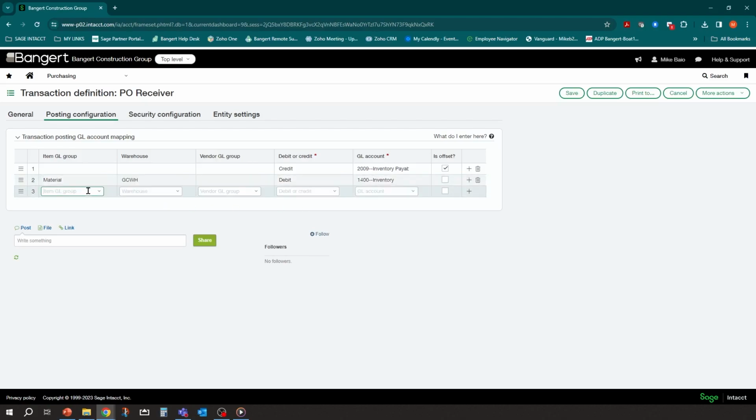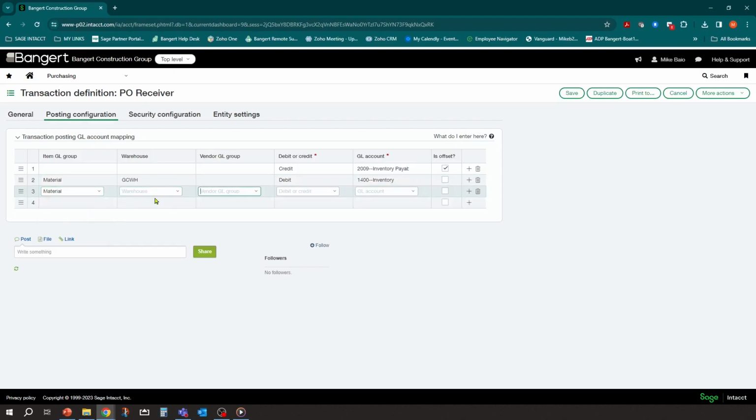And again, if you had, you'd say material and select your different warehouses here. Debit 1,400.